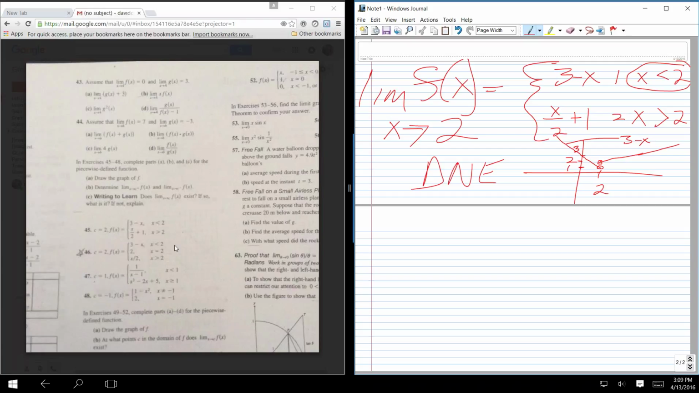Notice it's exactly the same problem. Well, not quite exactly the same. But in other words, the top function is the same, 3 minus x. The bottom function is almost the same. It's 1/2 x, not plus 1 though. And there's a middle piecewise function that does exist at x equal precisely 2. So if,